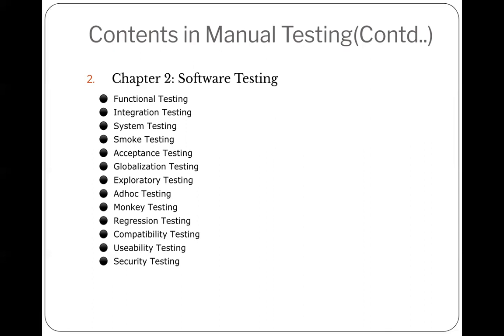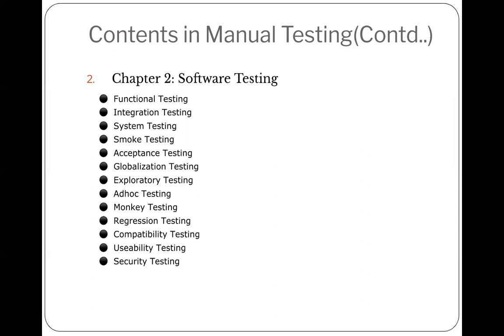Next, WhatsApp messages or any text messages: person A sends a text message to person B, so the text message passes from A to B, and data interaction is happening. Wherever there is a data exchange or communication between two or more modules, there will be integration testing. Integration testing is testing the data flow or communication between two or more modules.